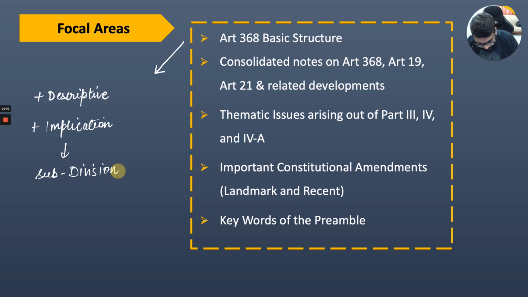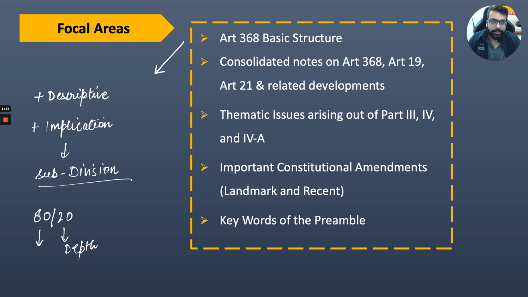And you must understand this extremely clearly: no doubt you have to be innovative and original in your mains answers, but innovation and originality should not come at the cost of not writing what is expected of you, which is why one must always follow the 80-20 principle, wherein 80% of your answer should essentially be what is expected, and 20% should reflect depth and an innovative argument, or something that most answers in your competition may not have. So always maintain this.